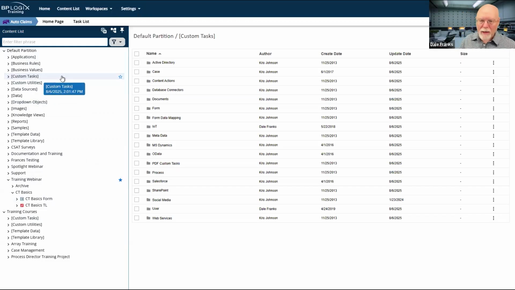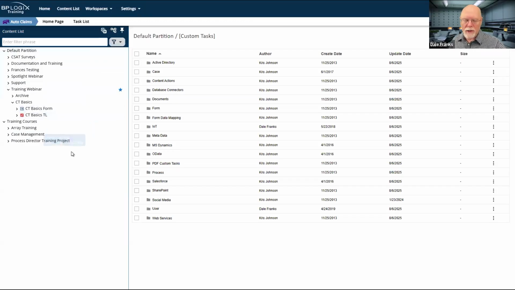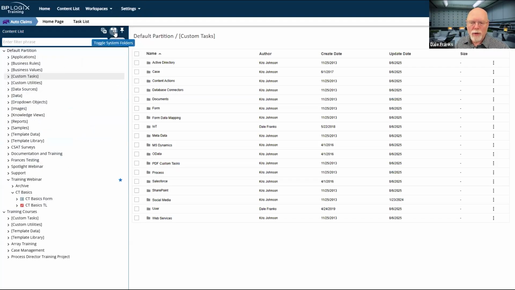A couple of reasons for that. The most recent reason is because we have all of these global objects, so data sources, the custom utilities, the global, well, they're not really the global knowledge use, but they are generic knowledge use that can be run against any process. They're all inside square folders, and with the content list in the 6.1 UI, I can turn those things off, or at least turn off my ability to see them whenever I'm looking at the content list on the left-hand side of the screen, so I can toggle those folders on and off.